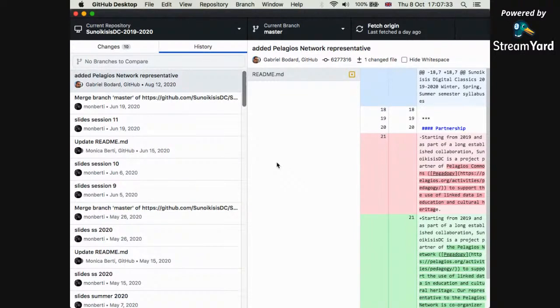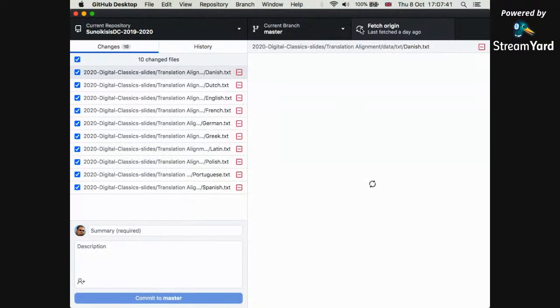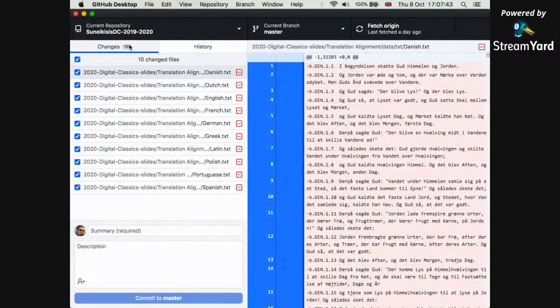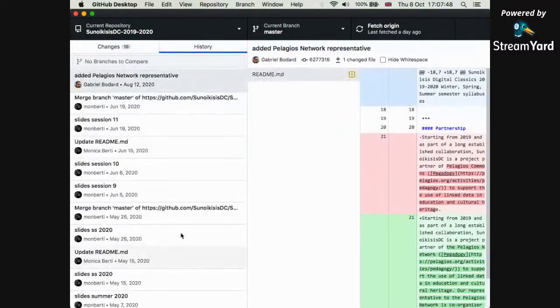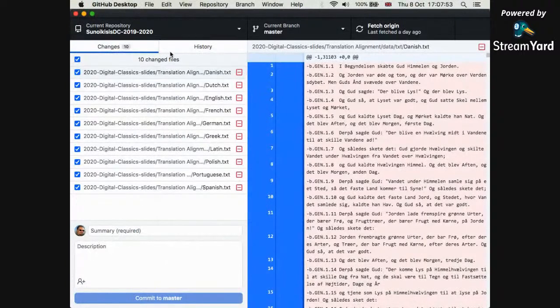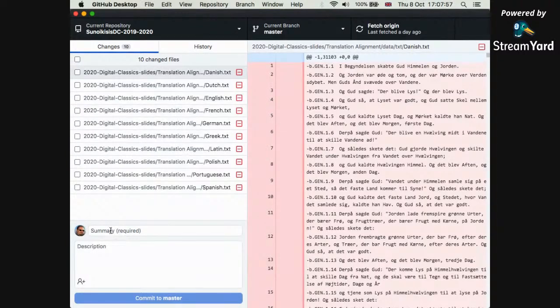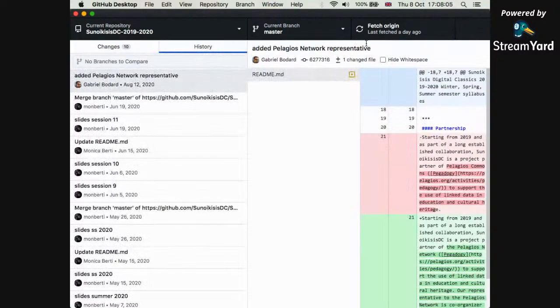But from now, when I want to git pull, I simply click on fetch origin up here, and it checks to see whether there's anything new online. When I want to commit, I simply go to the changes tab up here. The history tab here tells me all the changes that have been made to this repository in the past. The changes tab tells me what local changes I have made, and I can commit those changes by leaving a comment in here. This is the equivalent of typing commit -m. And then I can click on fetch origin again, and that pushes them for me.